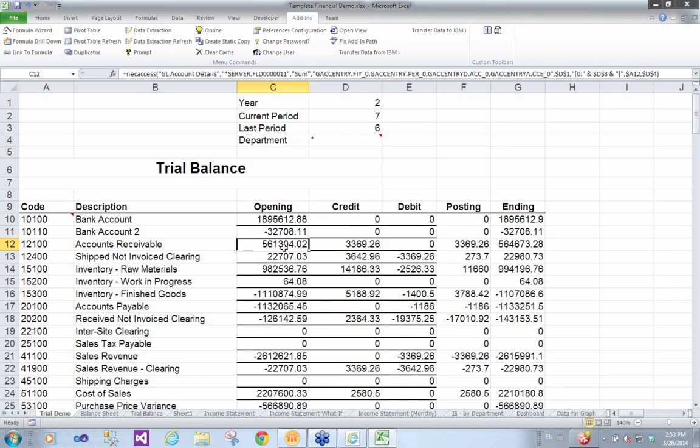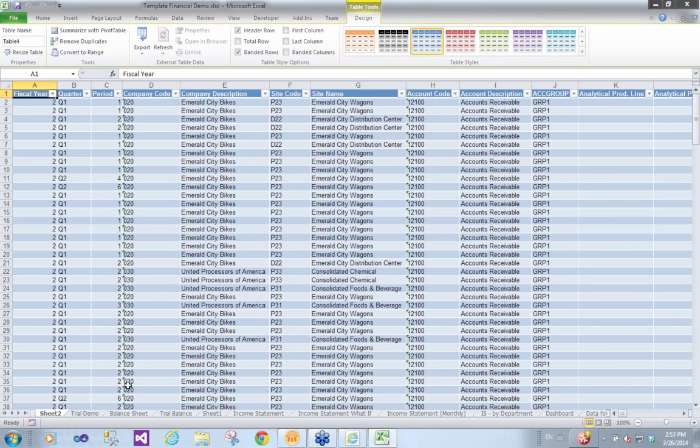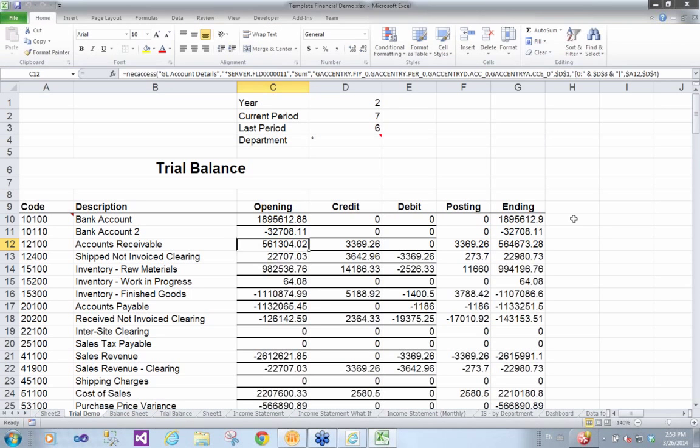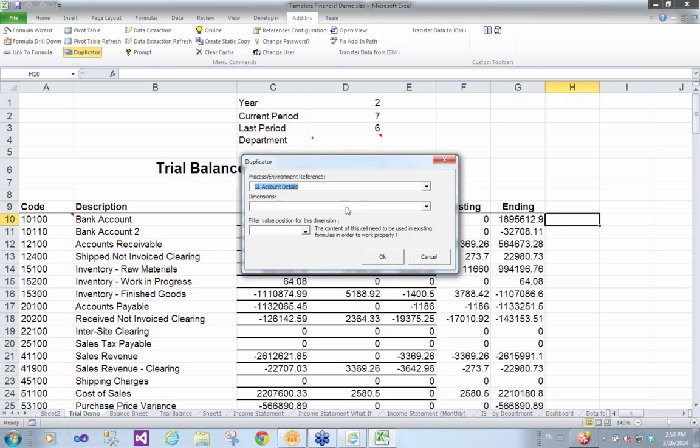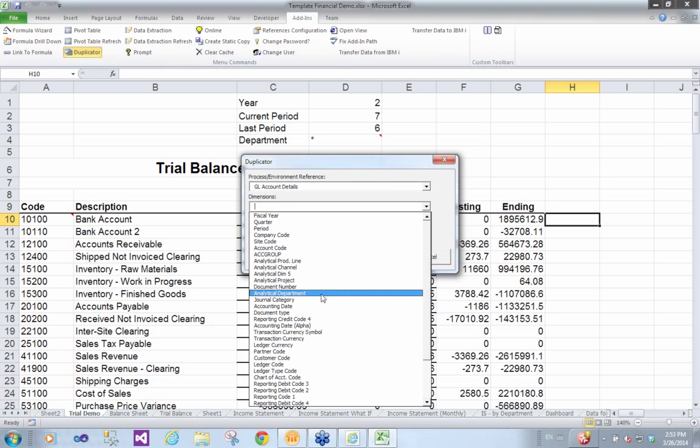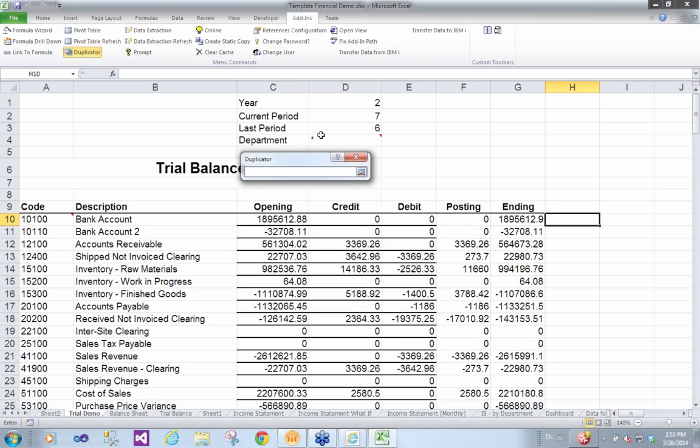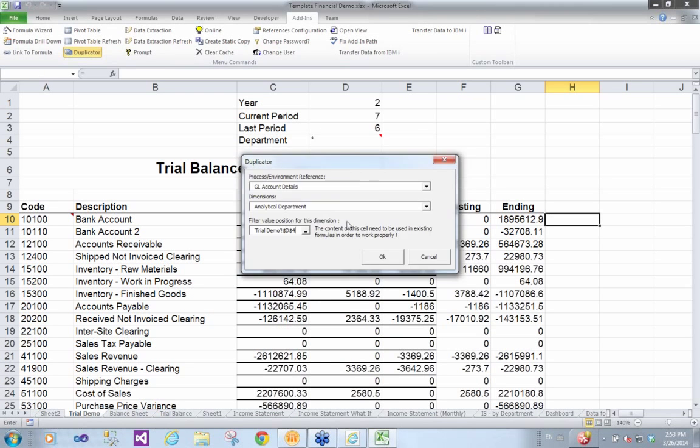And I can also use what we call the duplicator function. So if I want to create one trial balance by department, I'll call my duplicator and ask to duplicate by department. So let's call department, and my department is located in the cell D4. If I say OK, it will create me, I don't know, 8, 9, or 10 different trial balances by